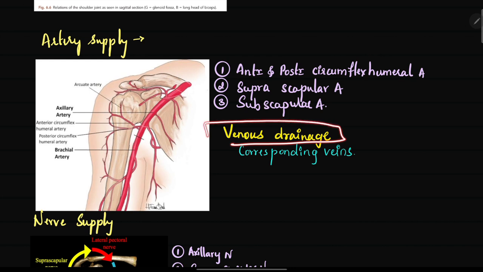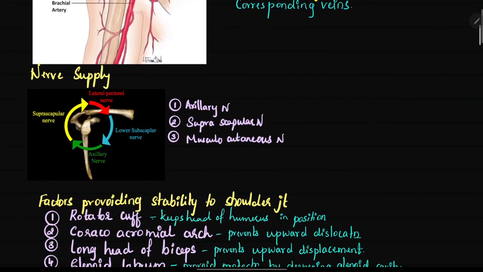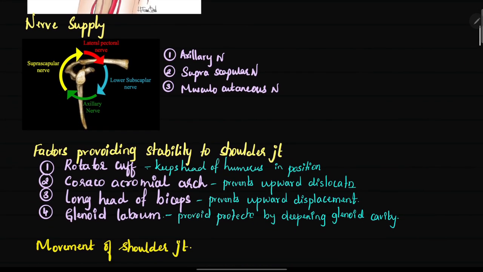Venous drainage is by its corresponding veins, which are draining from here to the axillary vein, which is running here along with the axillary artery. Nerve supply around the shoulder joint, mainly three nerves are there: axillary nerve, suprascapular nerve, and musculocutaneous nerve, which supply